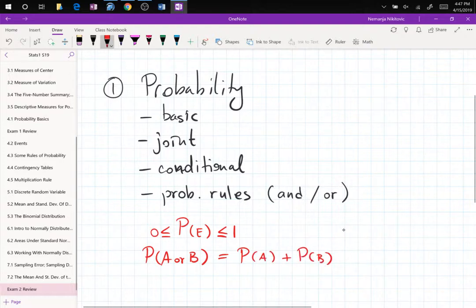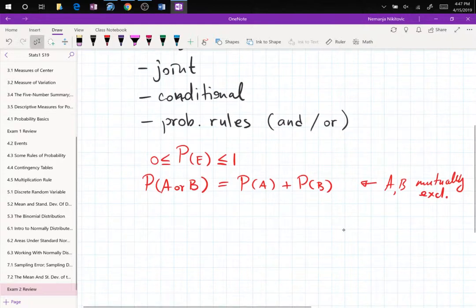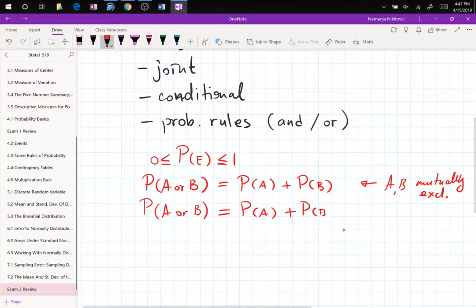But this one is only for A and B mutually exclusive, meaning they cannot occur at the same time. So that's a special one. And then we have the general rule, where you have your probability of A plus probability of B minus the probability of A and B